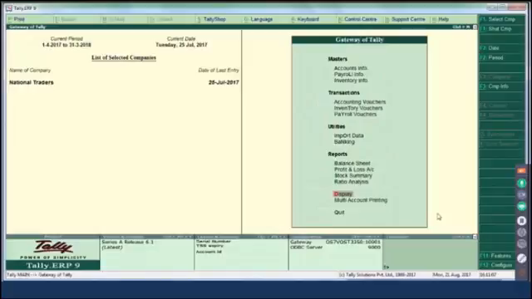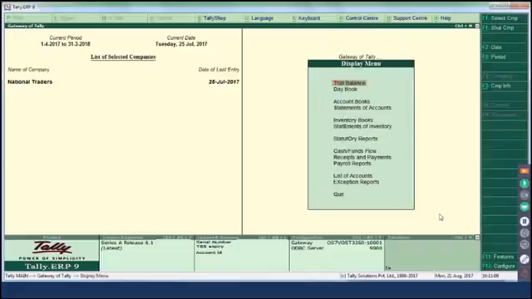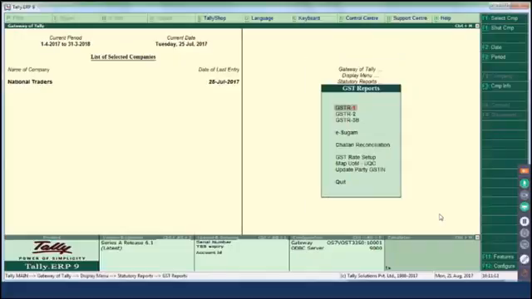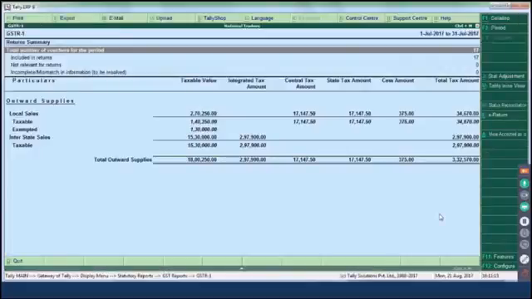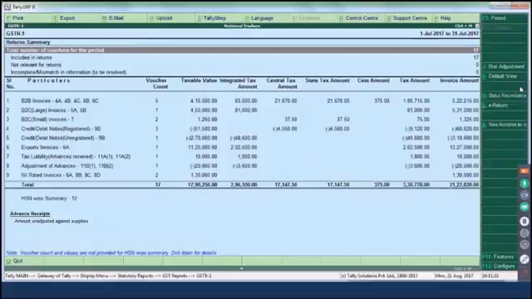National Traders is a company located in Karnataka state and they are completely ready with the GST transactions, that is all the GST sales done during July month, and now ready to file their GSTR1. So we will navigate from Gateway of Tally, Display, Statutory Reports, GST, GSTR1. We will view the table-wise view as prescribed by the department. So here you can see Tally Release 6.1 showing you the GSTR1, the latest format as prescribed by GSTN, with